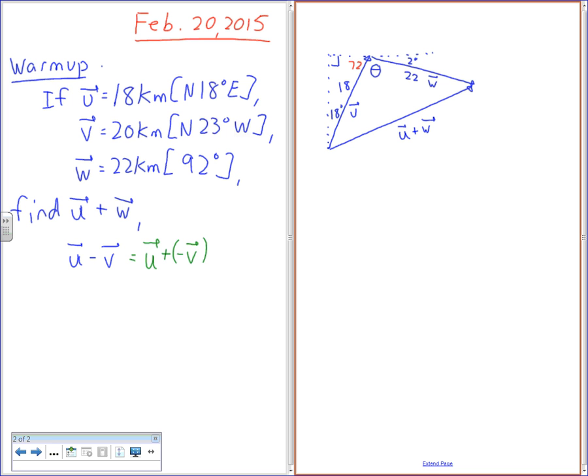So theta is going to be 180 minus 72 minus 2, which is 106, I think. Is that right? 106? Yeah. Just to make it easier, one thing I'm going to mention here,